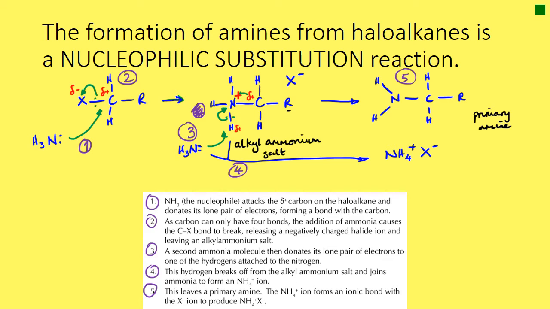Okay, so it's leaving with a negative charge, which of course is going to leave the carbon with a positive charge. The rest of that molecule is the same. So we've got our alkyl group and our two hydrogens and our carbon there, and we've got a positive remaining. Okay, well, it's a full positive, but that halogen has been swapped out by our ammonia molecule